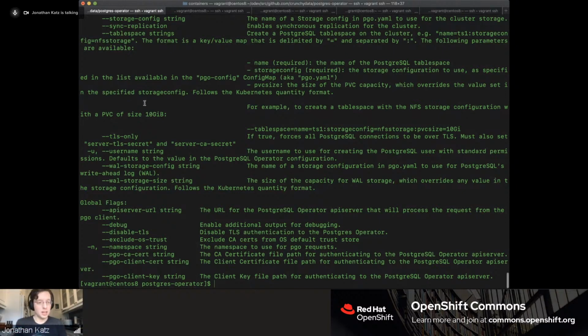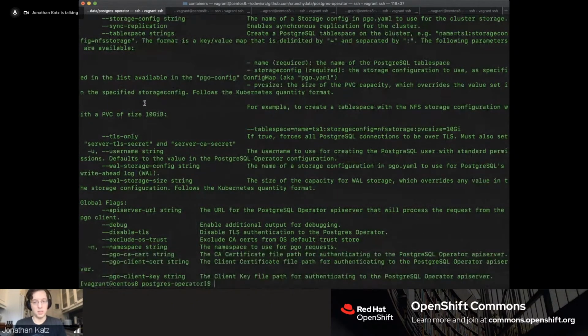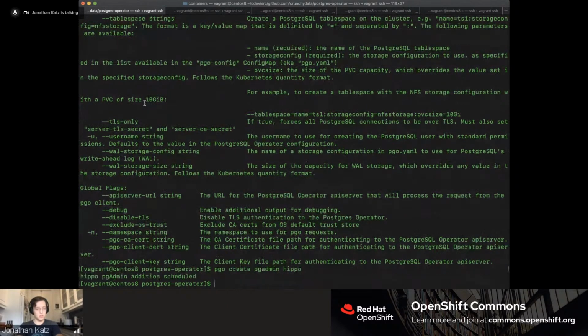Some of the other things that are cool about this, other than showing that high availability actually works, is let me see if I can create a pgAdmin. So it'll take a few minutes to come up, but we'll try directly logging into the database via pgAdmin, if I'm able to get all my commands correct, because again, uncharted territory.